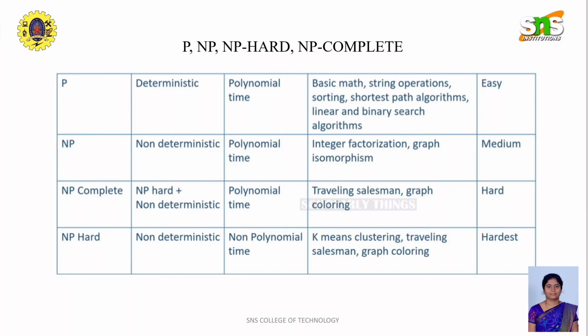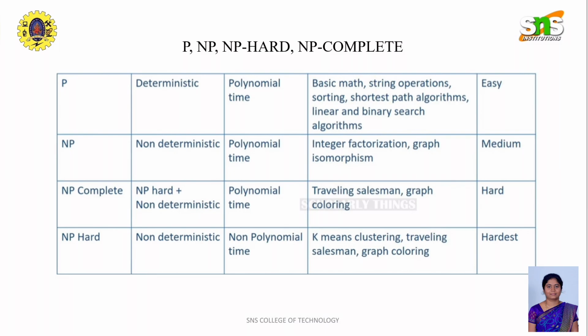So what is P? That is polynomial time. Some problems can be solved using polynomial time, that is linear, quadratic or cubic time. These kinds of problems can be solved in a really easy manner, every step in the algorithm can be predicted, and we know the steps absolutely. So these problems are deterministic in nature. Some examples of these problems are basic math, string operations, sorting, shortest path algorithms, linear and binary search